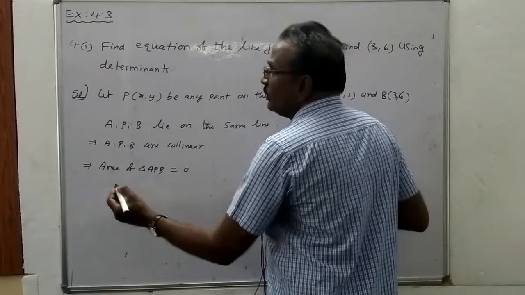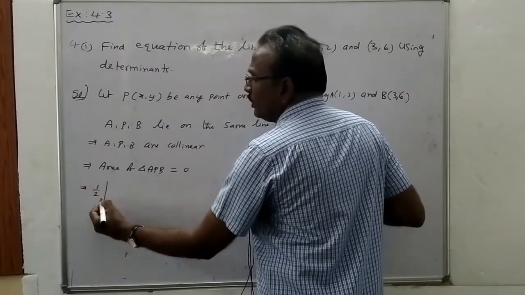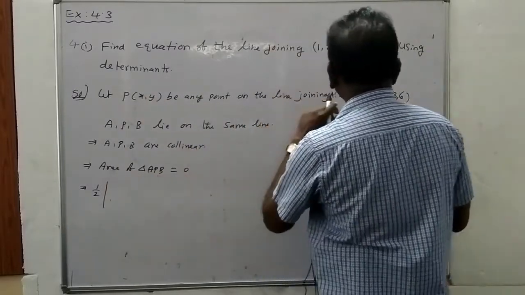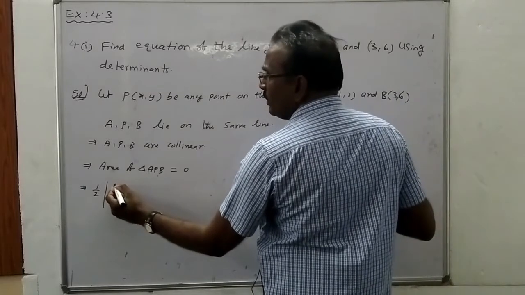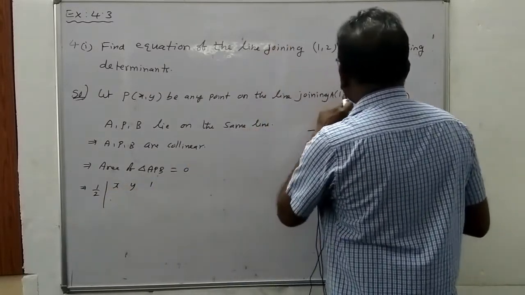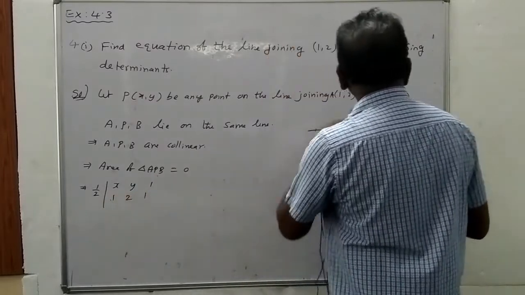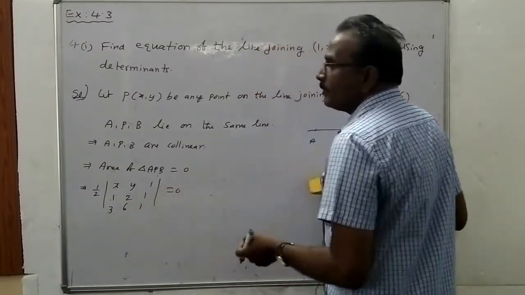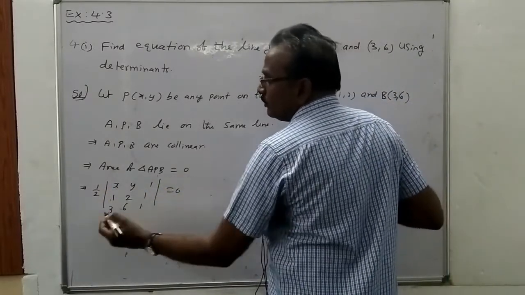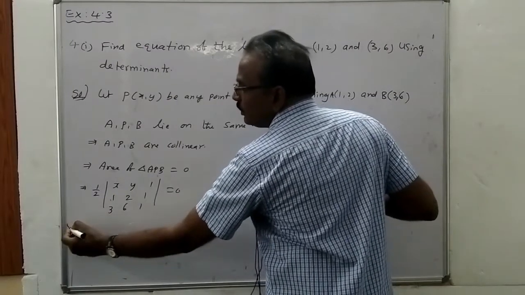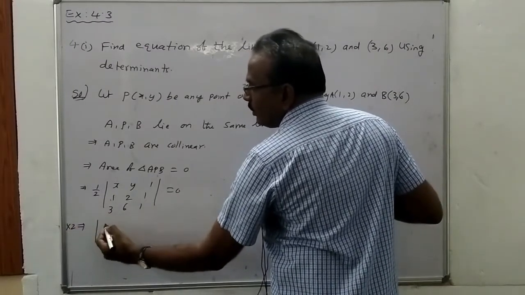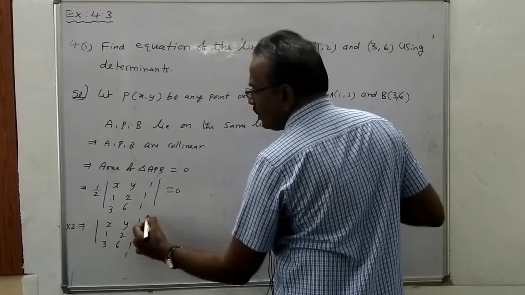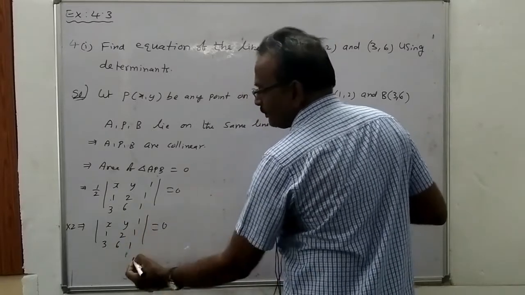Area becomes 0. What is the area of triangle formula? Half into the determinant of x1, y1, 1. Here the first point is (x, y, 1), the second point (1, 2, 1), the third point (3, 6, 1), is equal to 0. Multiplying by 2, we get the determinant of (x, y, 1; 1, 2, 1; 3, 6, 1) is equal to 0. Expand